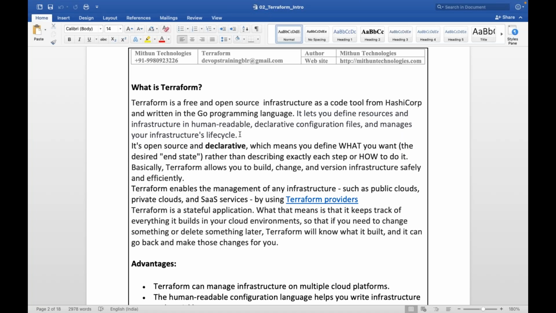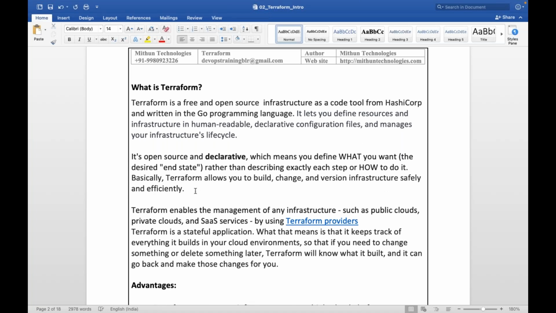So Terraform is open source and has a declarative model. In the last class we discussed what is declarative and what is imperative. Declarative means you define what you need, what resources you need. You define the desired or end state rather than describing exactly each step of how to do it.